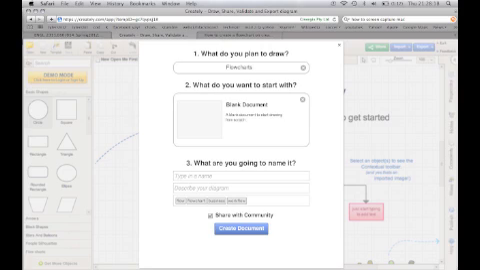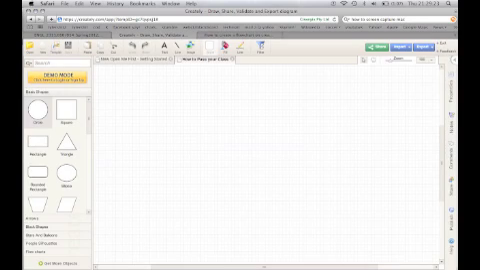Step 2 is to select blank document, and then step 3 is to add a title. For this example, I will create a flowchart on how to pass your class, and I will use this as the title for my flowchart. Once you have a title selected, simply click Create Document,